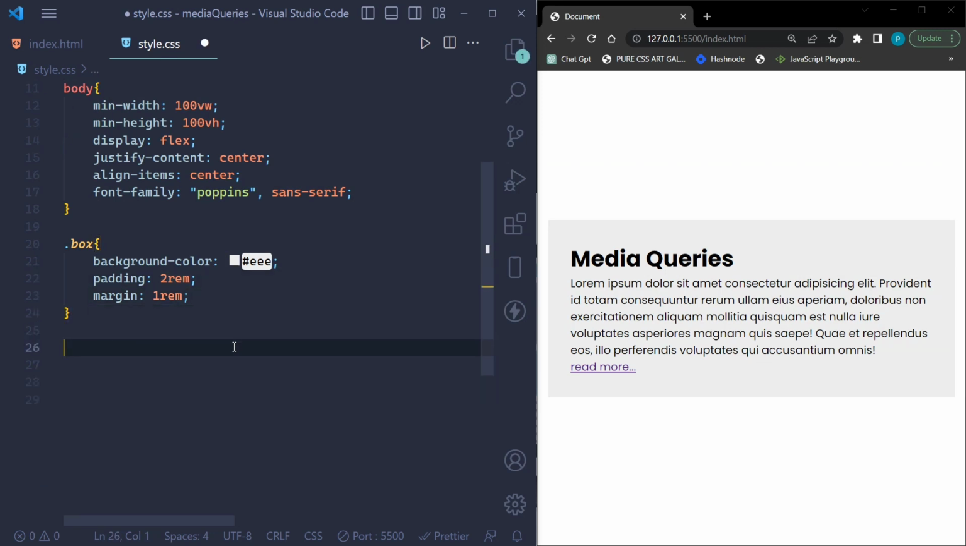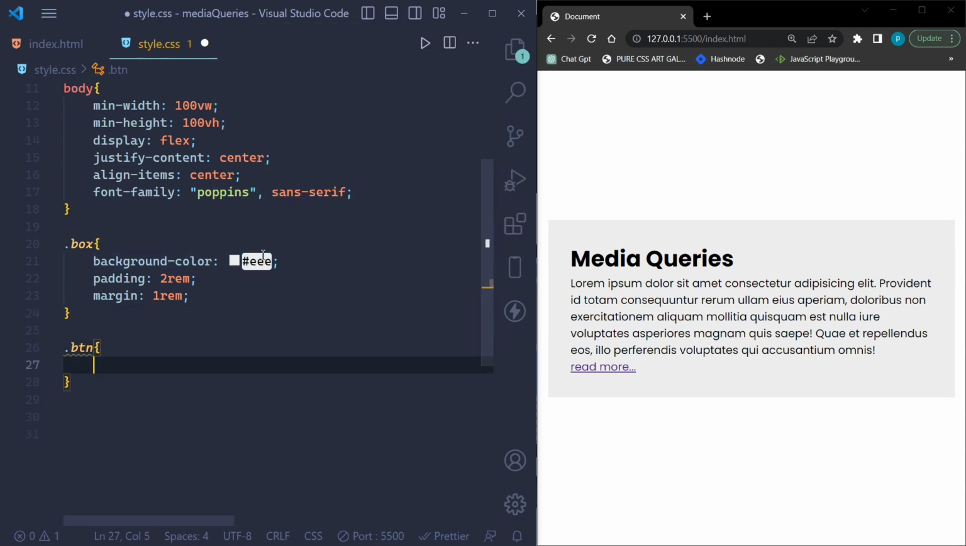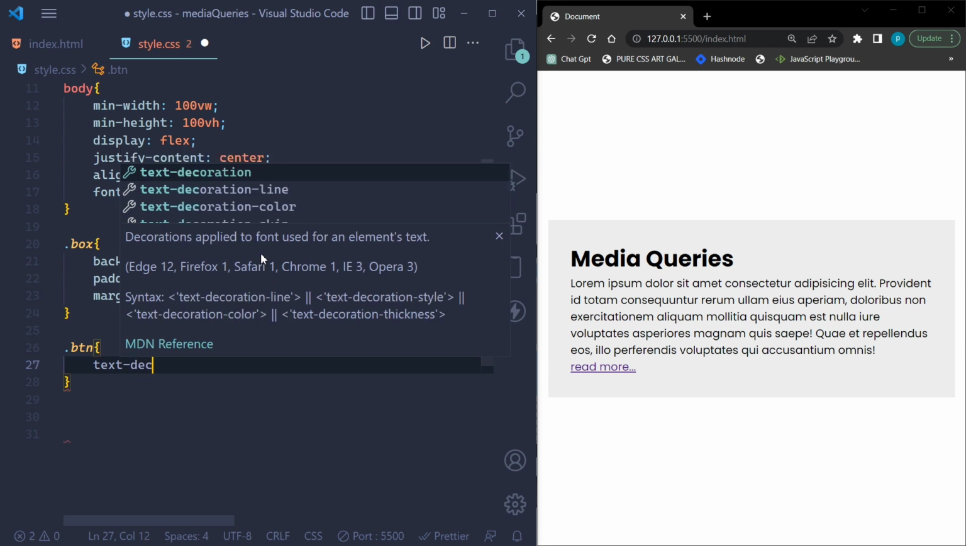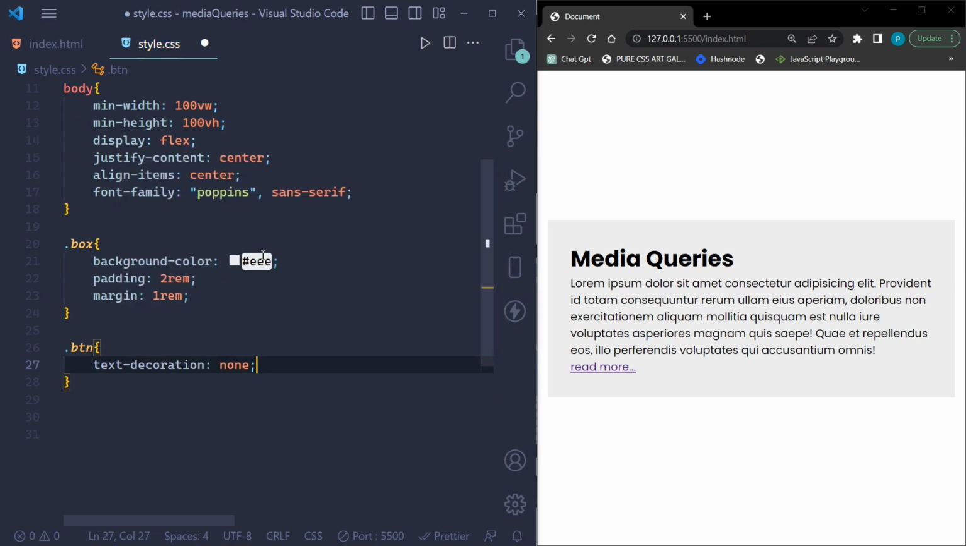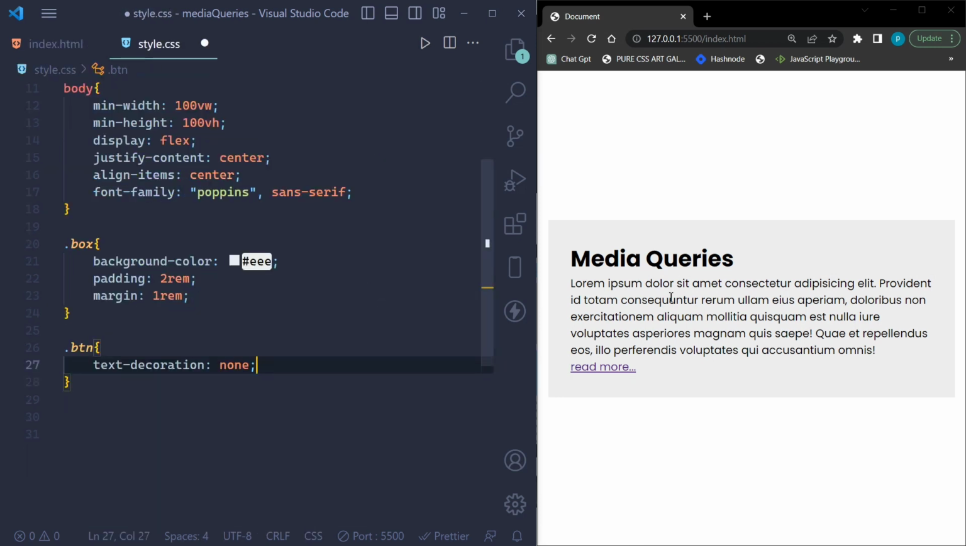And of course after that I will style the button. So btn is text decoration none. As you can see, by default the button has an underline. This is the default behavior of the anchor tag, that is this a tag. To remove this default behavior, we use text decoration none. So after saving this, as you can see,